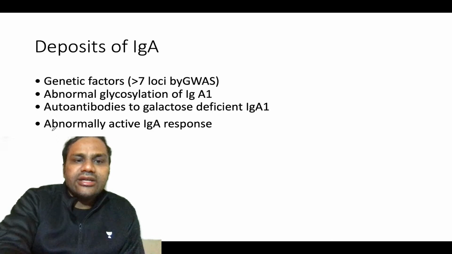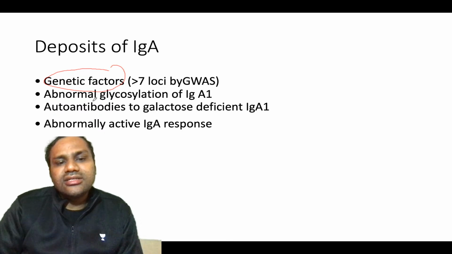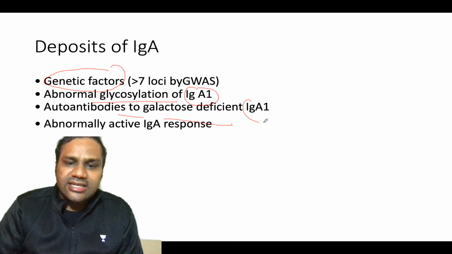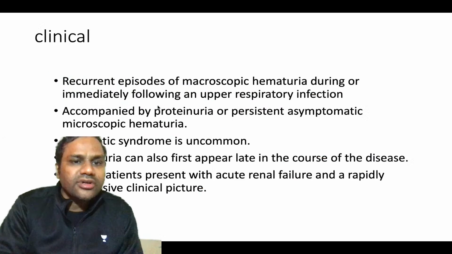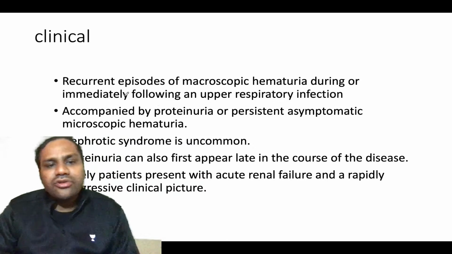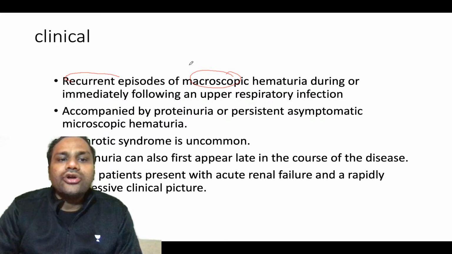Now, IgA deposits: one cause can be associated with a genetic factor. Another is associated with abnormal glycosylation of IgA1, autoantibody to galactose-deficient IgA1, and abnormally activated IgA response. So these are most of the causes of deposition of IgA. So in the clinical scenario, what you need to remember is that there will be recurrent episodes of macroscopic hematuria during immediate